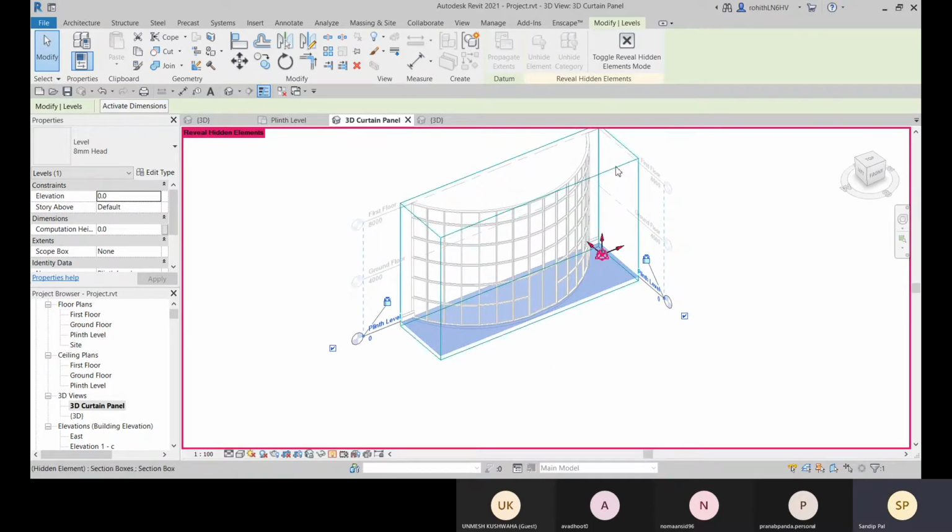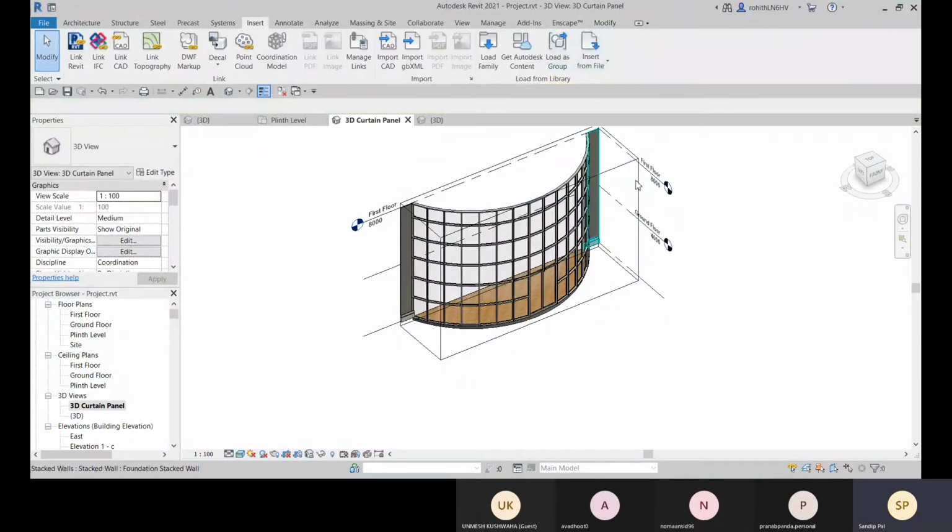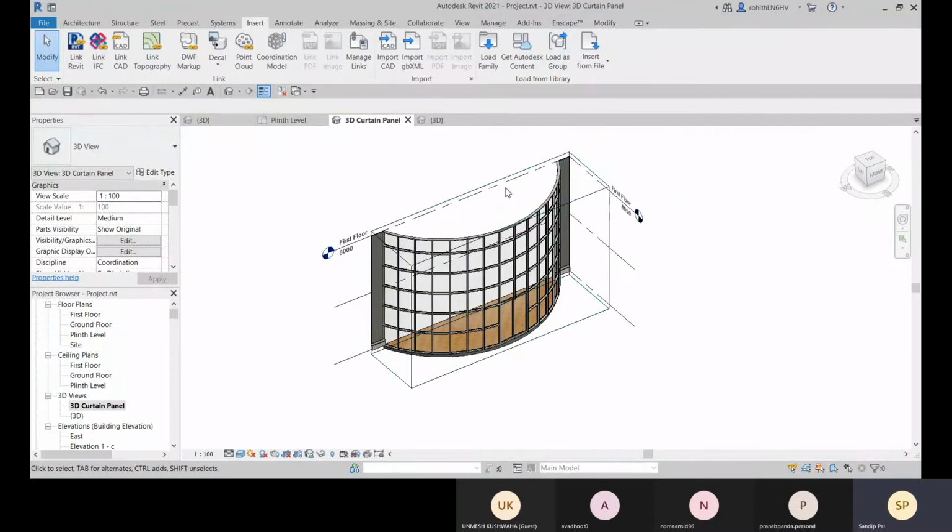Select this option, go for unhide element, click on the toggle reveal hidden elements option, and here you get back all the hidden elements.